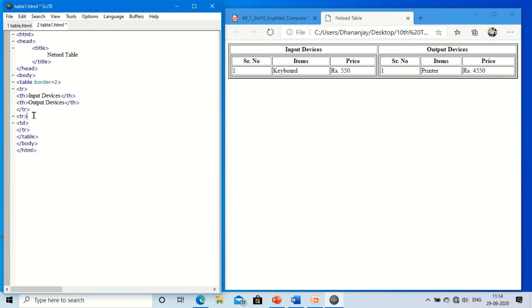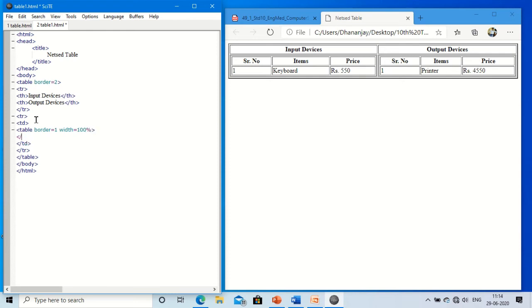So look at this. Second row has been created, and the first cell inside the second row has been created. And here we have to insert another table. So I will use table border is equal to 1, and I want to give width is equal to 100%.